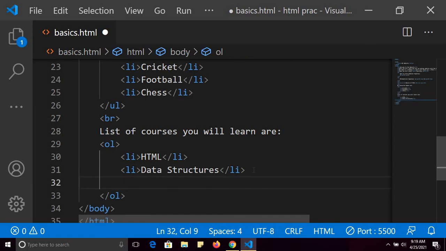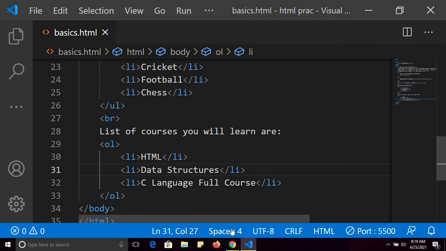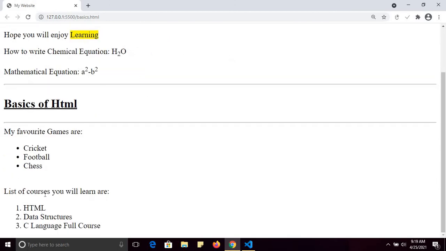Here my main purpose is to just show you the use of OL, and C language full course. Let me save and see the output. List of courses you will learn are HTML, data structure, C language full course, and see the difference.